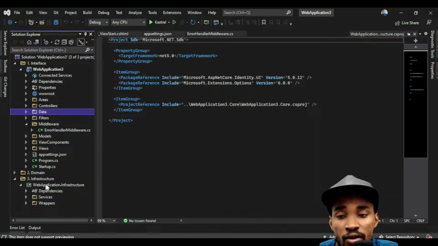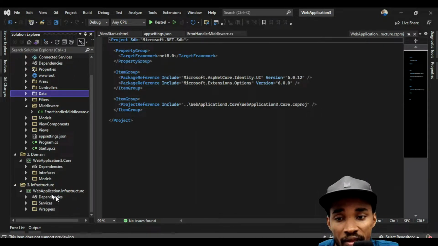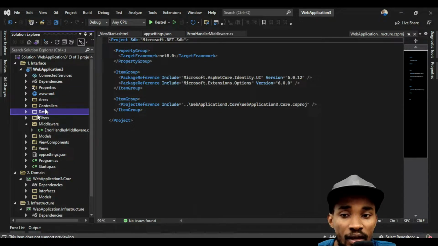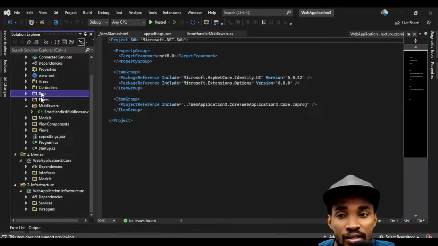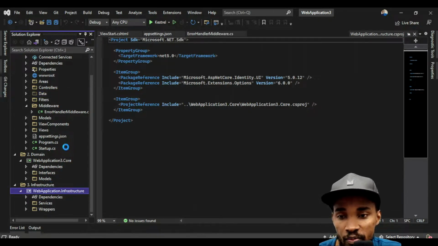actually put your data in the right place and just use your core to interface with it, so that when anything is changing within the infrastructure, it's not changing anything within the core or the actual web. So we're gonna rely on abstraction to make sure that things are actually working as we're expecting. Okay, so let's move this and let's just cut it. I'm gonna say Ctrl X to cut it and then I'm gonna just paste it right into this